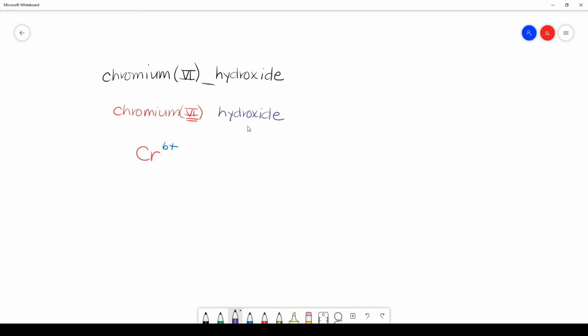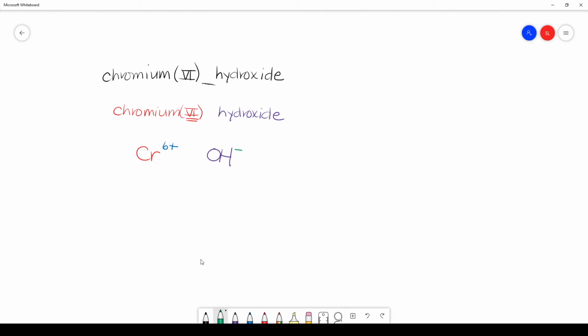Again, I hate to say this, but you really do just have to memorize the polyatomic ions. I don't like to have to tell you to memorize things. This is one of the few things, the 18 or 20 of those polyatomic ions, that you really do just need to know. So assuming that I know what it is, hydroxide has the elements, or the atoms, OH, and it has a charge of -1.